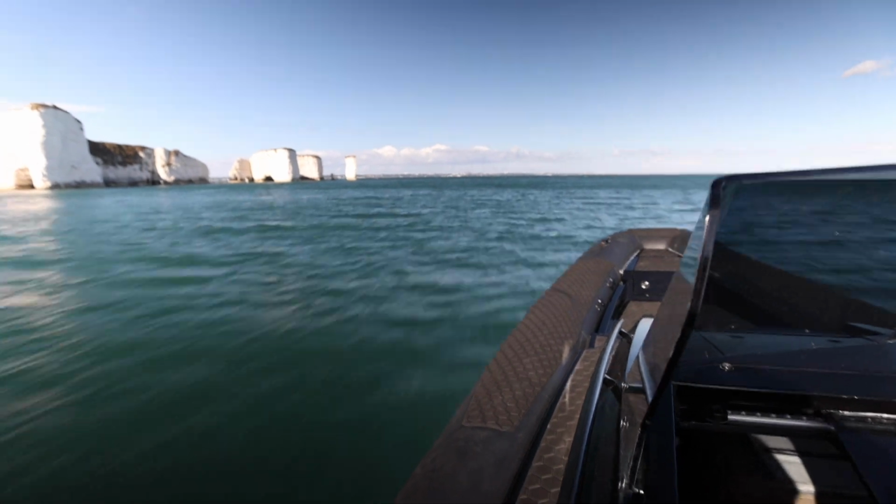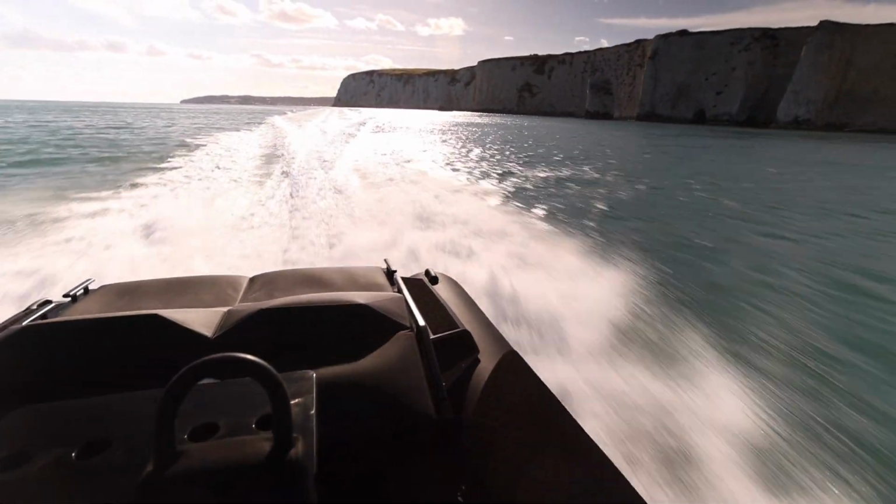It is a pretty breathtaking driving experience, and you can have this with a 430 horsepower petrol V8 if you want. That'll do 60 knots. The performance of this diesel, it's so accessible, and if we just bury the throttles momentarily,